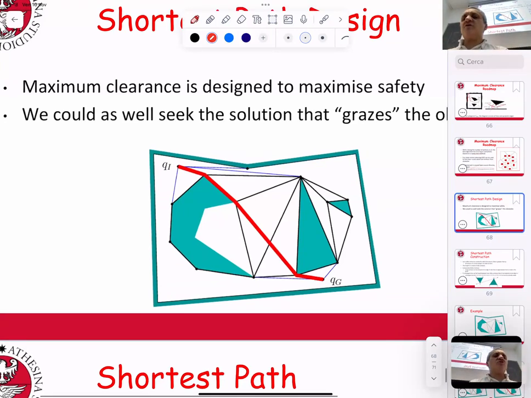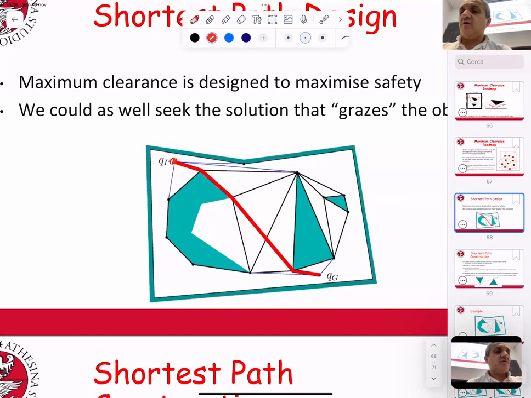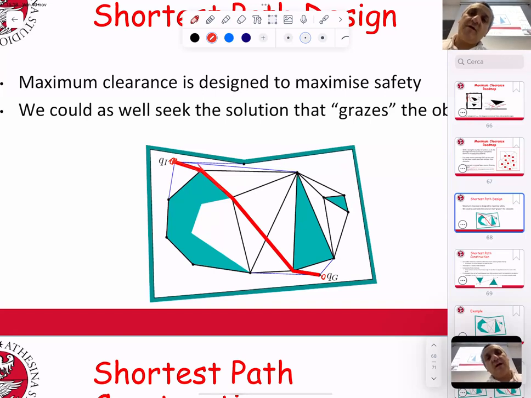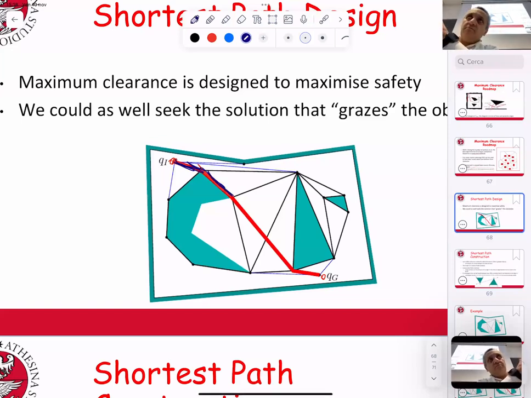Suppose you want to go from this to this. You can start from this point, then move around the side like this, grazing it, then move around this direction, along this direction, again grazing this vertex, and then reach your